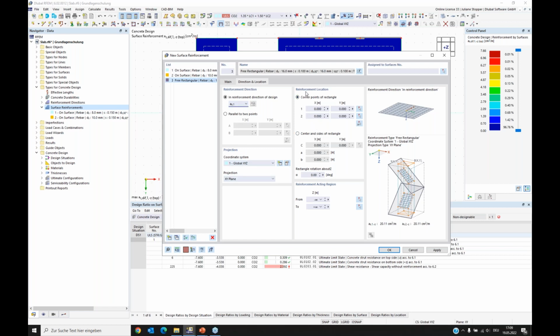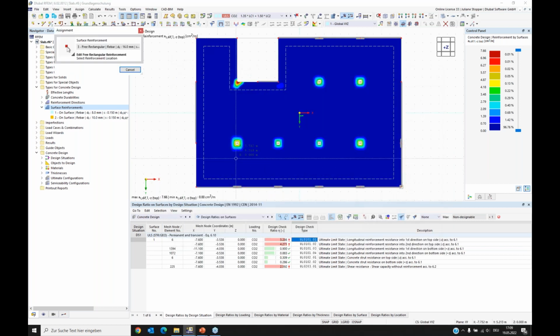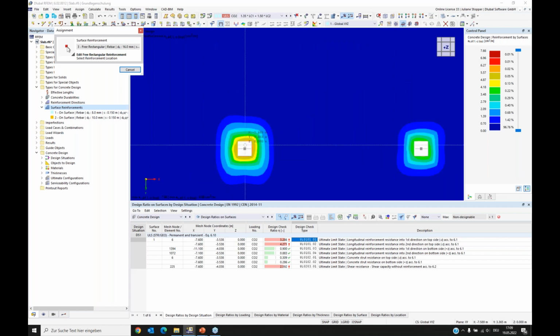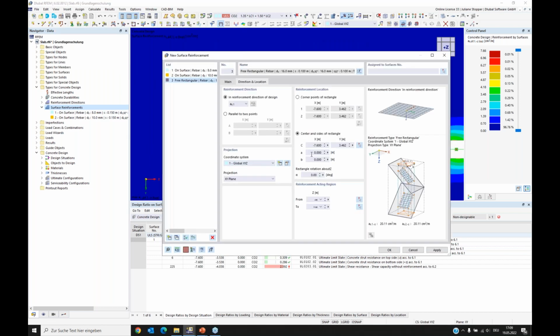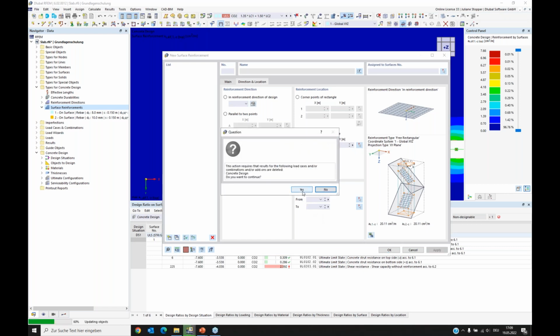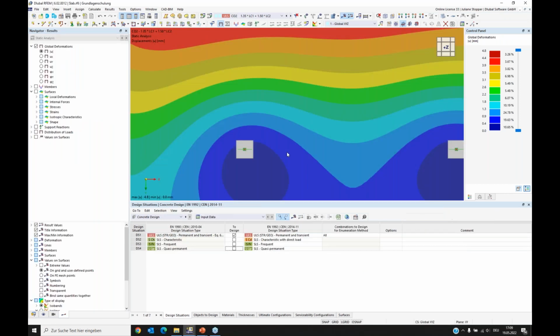What I want to do is I want to tell the position, and I prefer this setting now for our problem. Here I can enter the center. I can pick it on the working window, and I can enter the dimensions, and I want to have 3 in this and 4 in this. Okay, and it's going to be assigned to surface number 1. I say okay. The warning comes again,